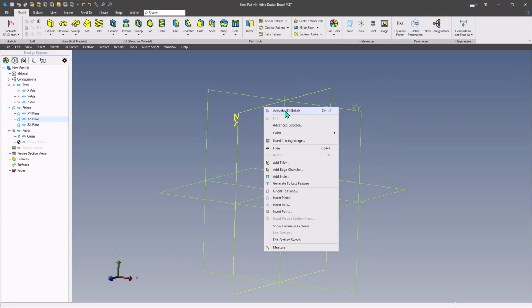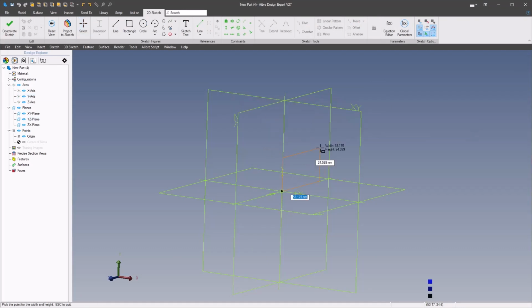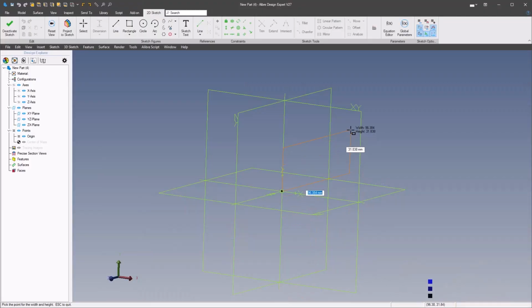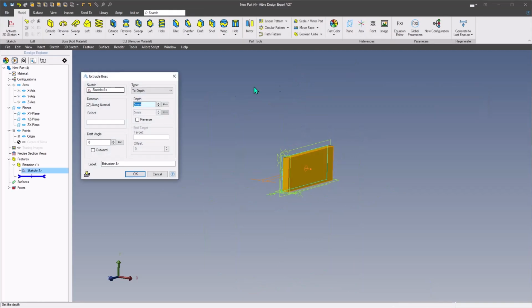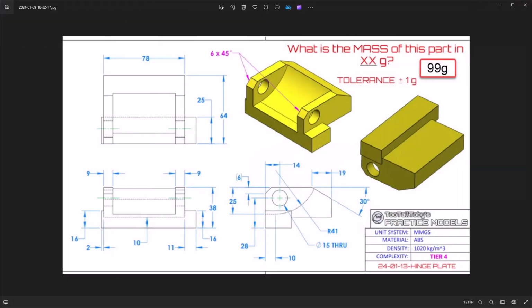On the screen, on the XYZ plane here, we'll have a rectangle, and that rectangle is going to be 25 by 64. And we're going to extrude that mid-plane to 78. Okay, so now we've got the basic shape in here, 78 by 64 by,